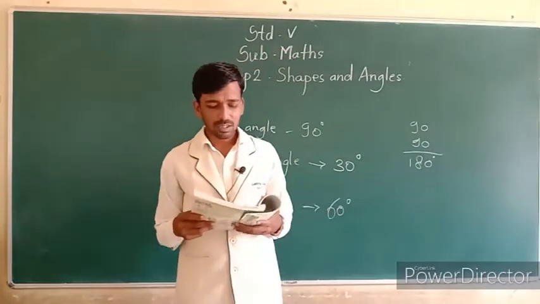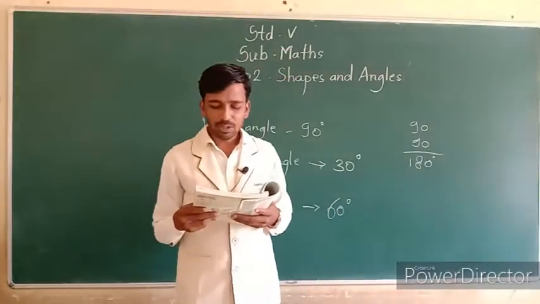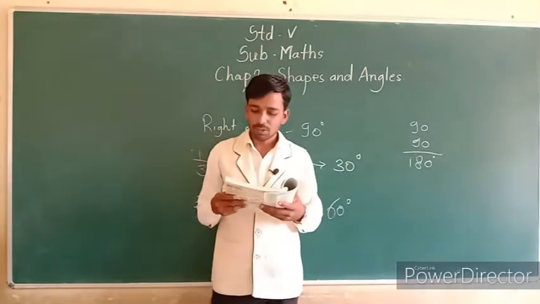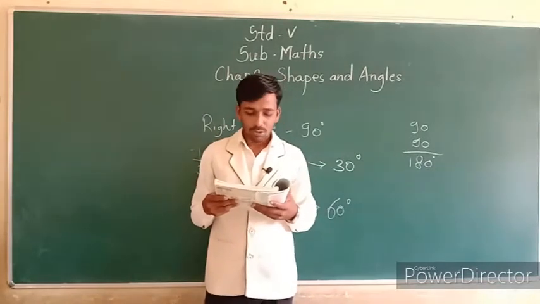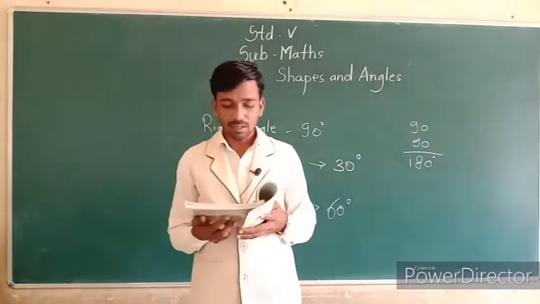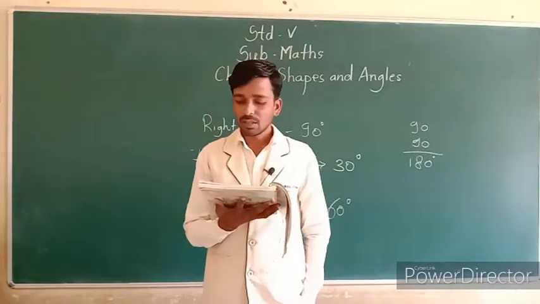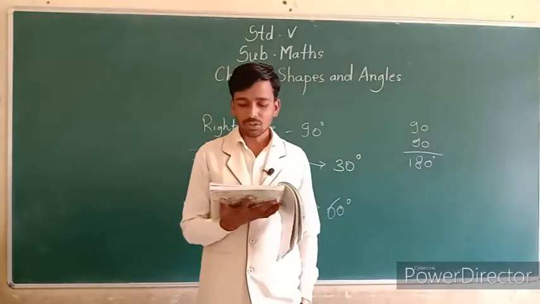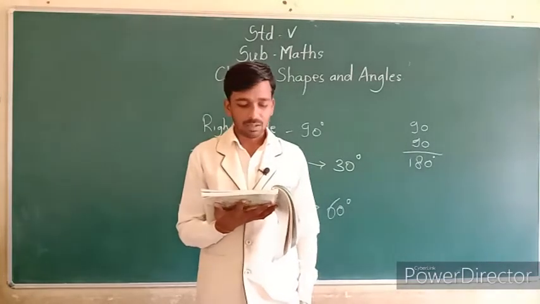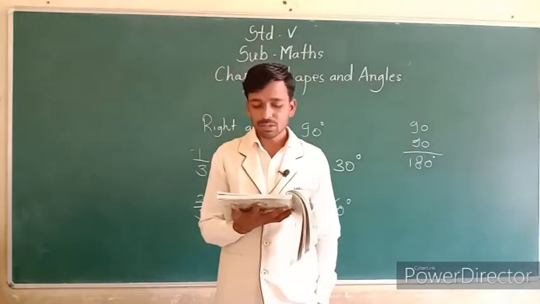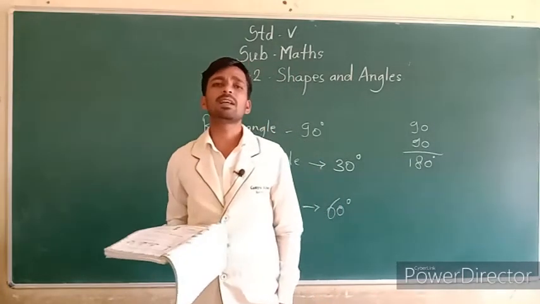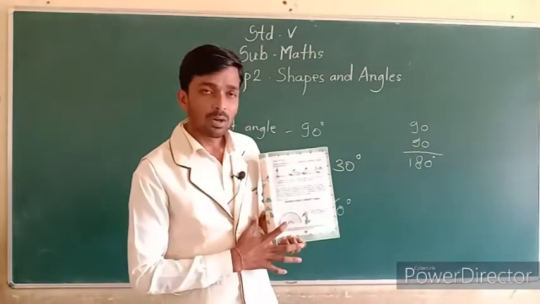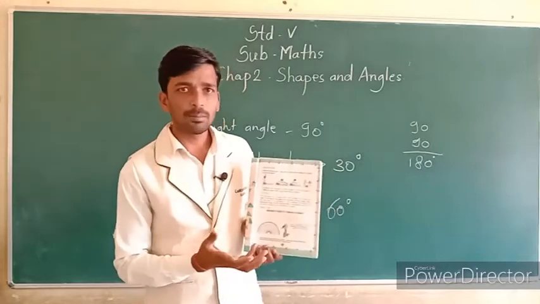The D game. You can play the D game with your friends. You draw an angle. Your friend will guess the measure of that angle, then use your D to measure it. The difference between the measured angle and the guess will be your friend's score. The one with the lowest score will be the winner, okay. You can play this by using protractor. D means what? Protractor. Here they show one protractor, okay. By using this you can measure, okay.